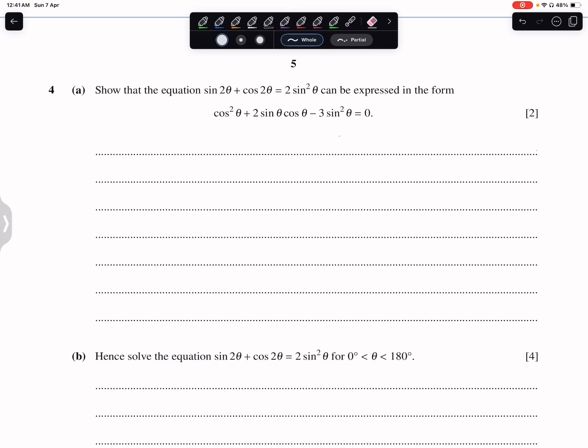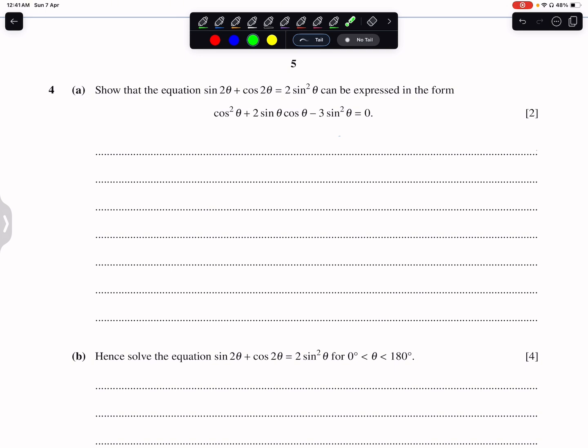So the next question is from trigonometry. Show that the equation can be expressed in the form of cos square theta plus 2 sine cos minus 3 sine square theta. So in this question, students, you will see first of all that this is 2 sine theta cos theta. So this is simply the formula of sine 2 theta. Okay,